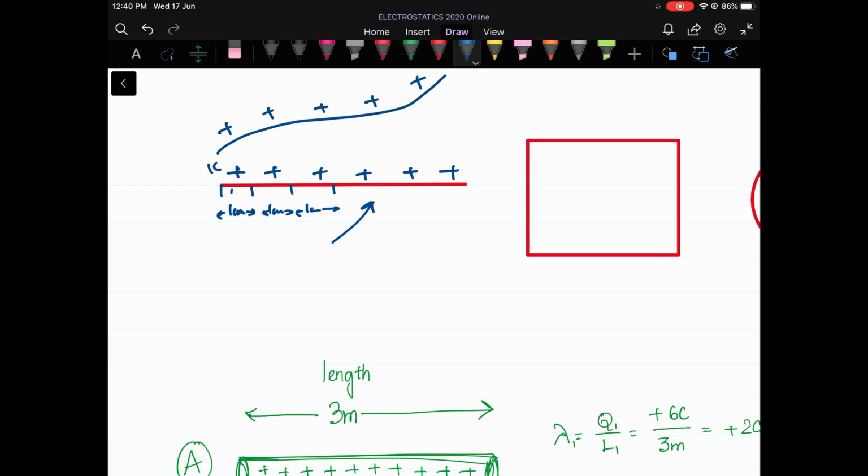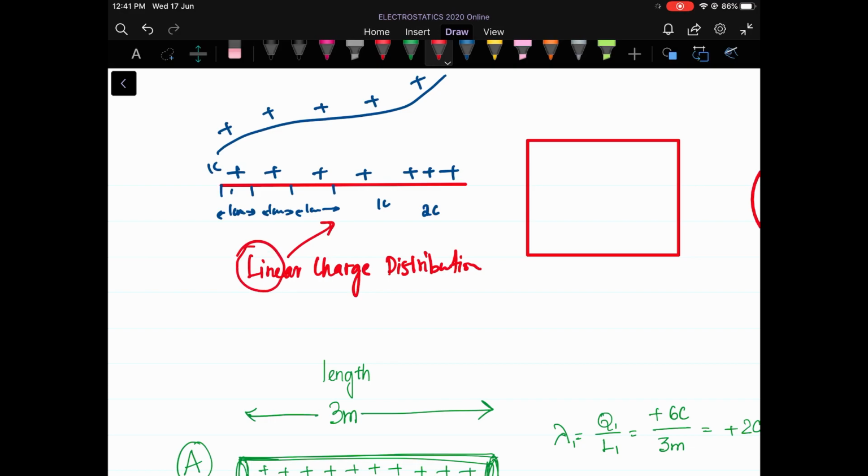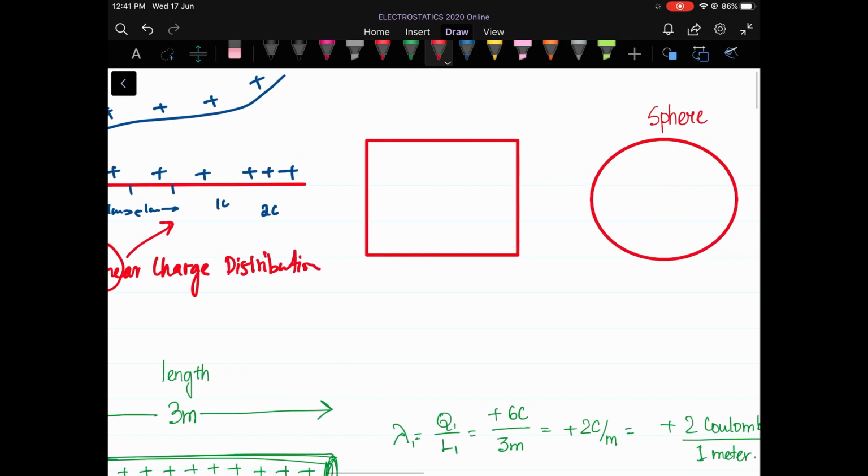On the other hand, if we have charges unequally distributed, suppose this portion of the length has 2 coulombs of charge distributed in 1 centimeter, and this portion of the length has 1 centimeter and the amount of charge is 1 coulomb, then this distribution we have to call non-uniform distribution. This distribution that I have discussed just now, we call it linear charge distribution because the distribution was taking place over a line. The other type of distribution we can talk about is that suppose we have an area,